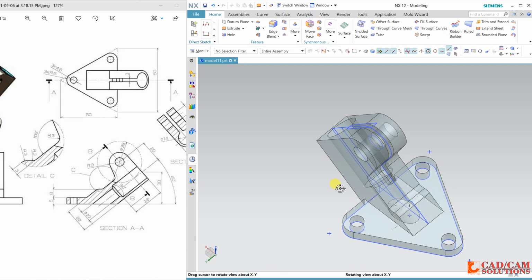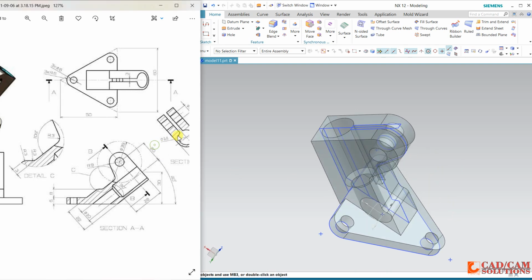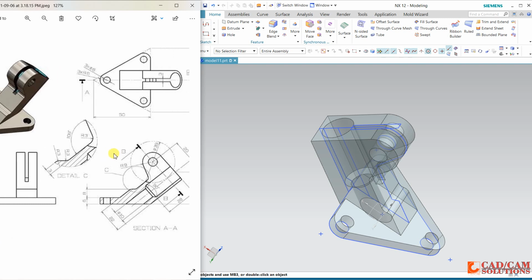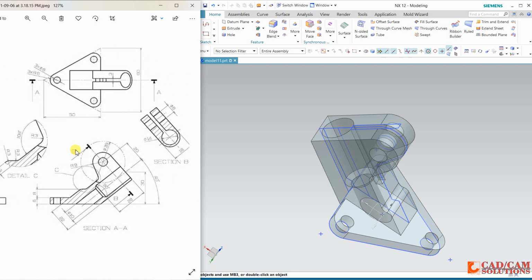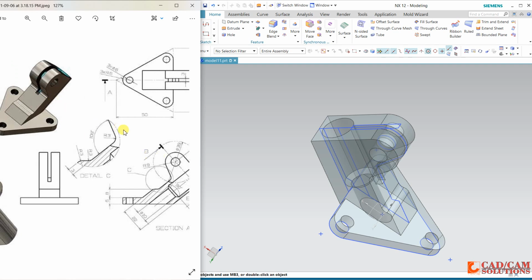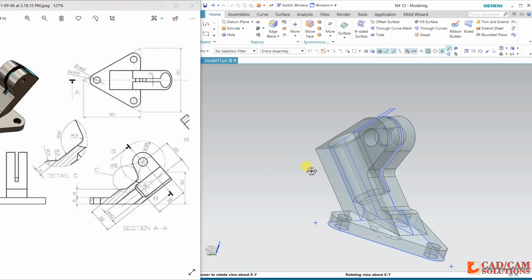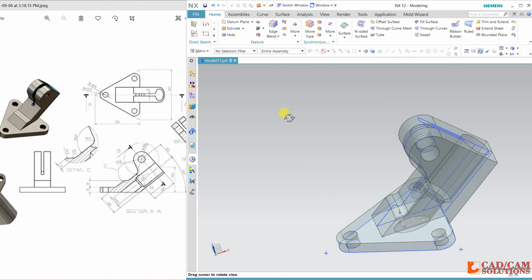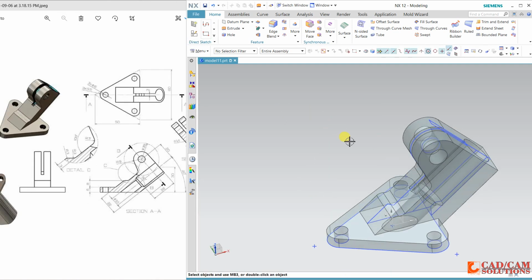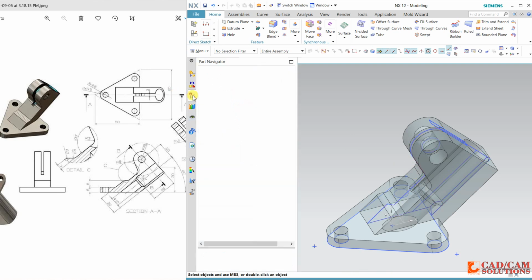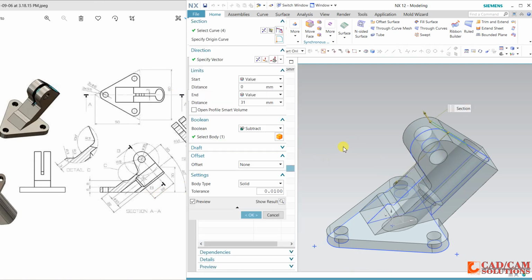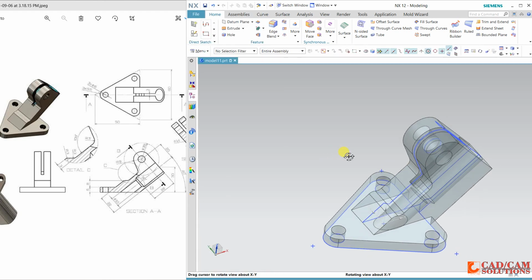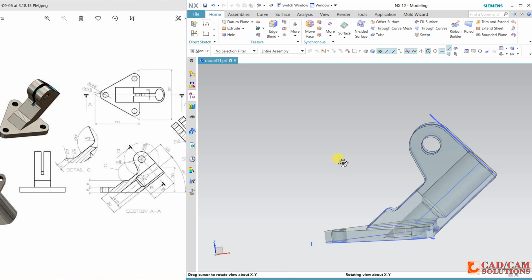This cut is throughout. Sorry, the depth of this cut is 28, so we will change it to 28. Okay, after this it will cut.